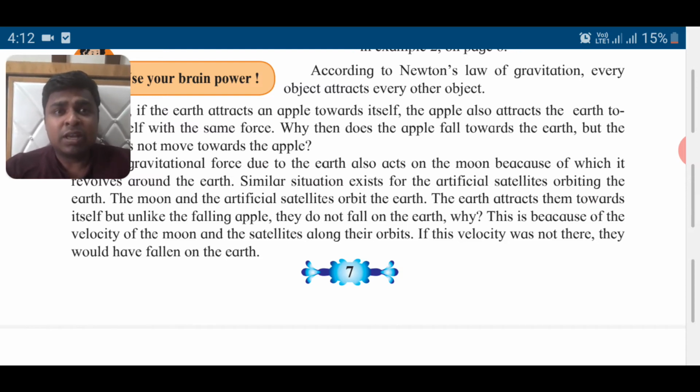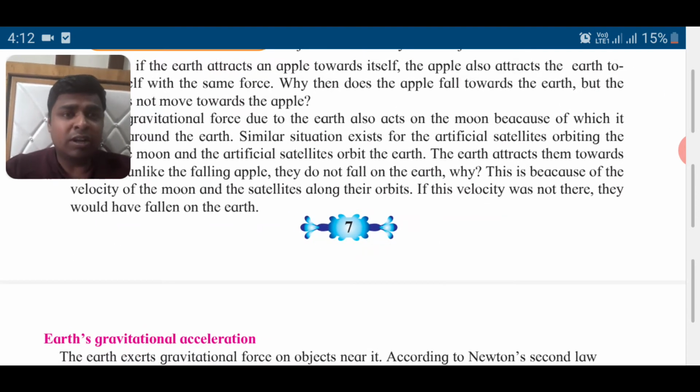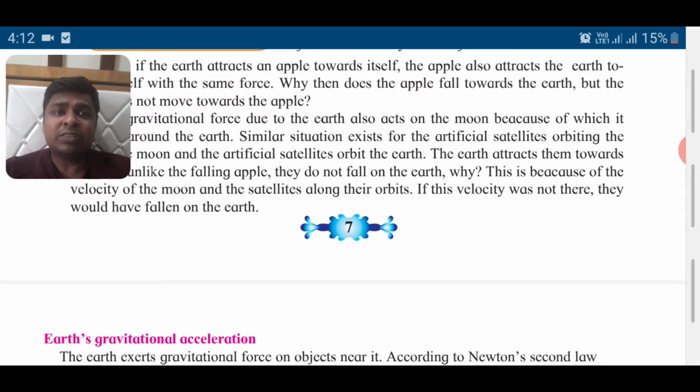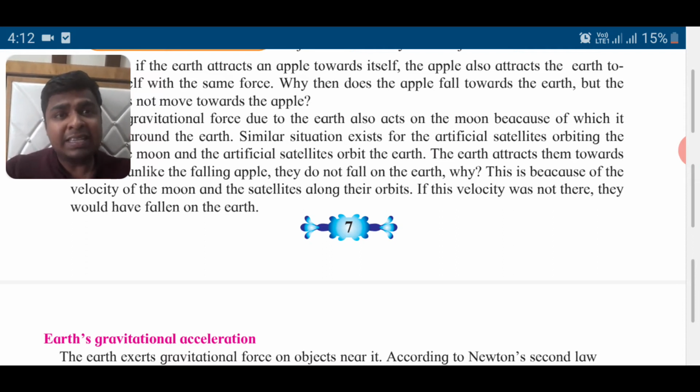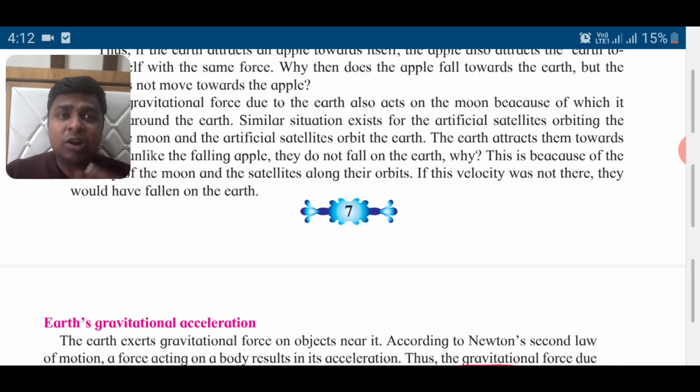So this is important. Suppose you throw a stone, what will happen? It will travel horizontally some distance and then it will fall down. Again you throw the stone with a large force, what will happen? It will go longer and then it will fall down. But suppose the tangential, horizontal velocity is very large, what will happen? It will keep falling towards the Earth, but it will not touch the Earth. Same thing happens with the moon. The moon is falling towards the Earth, but it has horizontal velocity, because of which it keeps going around the Earth and doesn't fall on Earth. If we stop the moon, it will directly come down and fall on Earth.